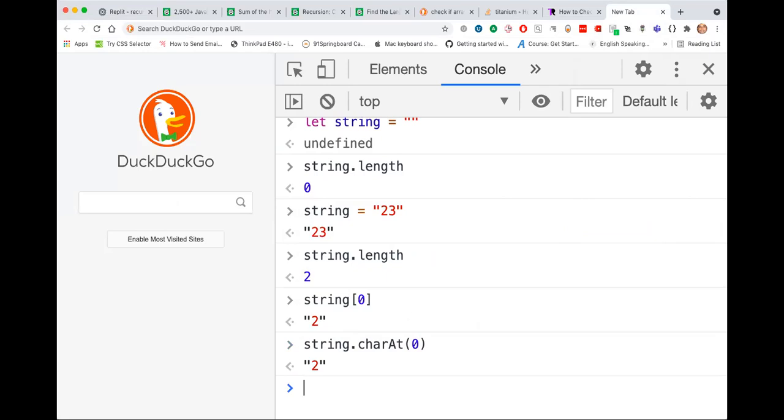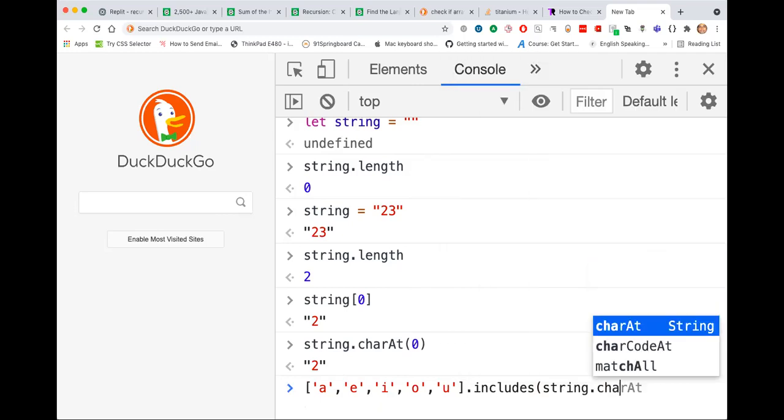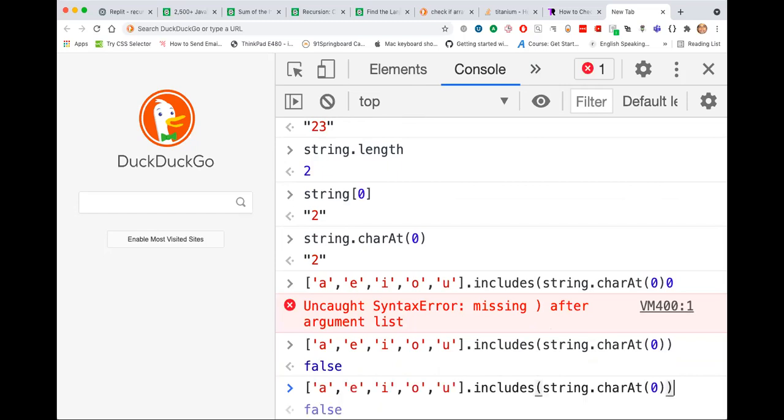To check whether that first character is A, E, I, O, U, we can use our array knowledge that we picked up last week. So this is the array, and we can say dot includes, and we can say string charAt 0. Yeah, it will return false.